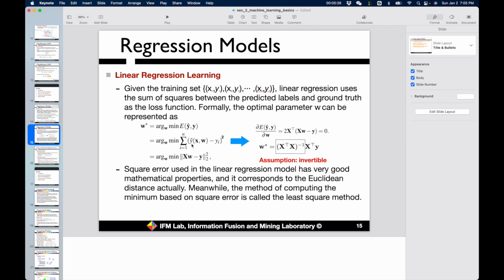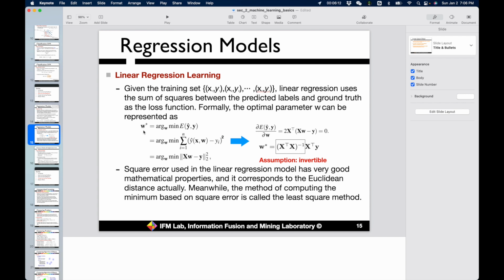So according to the equations we define here, we can define the loss function to be the norm of Xw minus y. This X will cover all the feature vectors in the training data. Each one will be a vector. However, if we combine all these n different instance feature vectors together, we will define one matrix, right? The X matrix. If we organize all the true values of the instances in the training set together into a vector, it will be the Y vector, right? And this W is the weight we defined before for the model. So by minimizing this term, we will be able to learn the optimal W for the linear regression model.